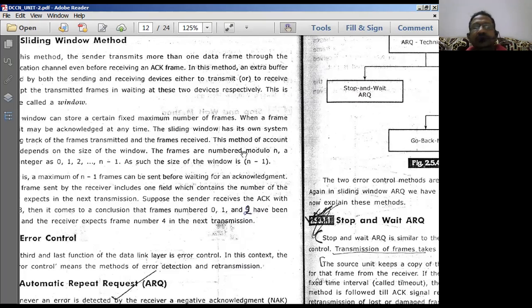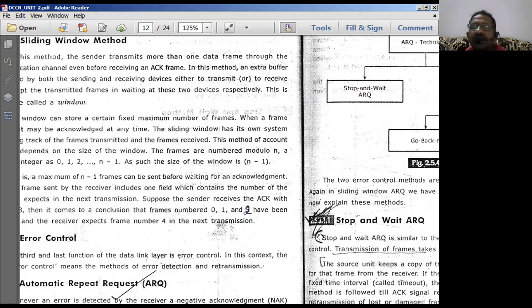Using this window, known as a sliding window, the frames are slid. The communication takes place using this sliding window concept, where the frames are stored in temporary registers. All the frames in the temporary registers are used to transfer the frames at a time, so all 8 frames can be transferred at a time.